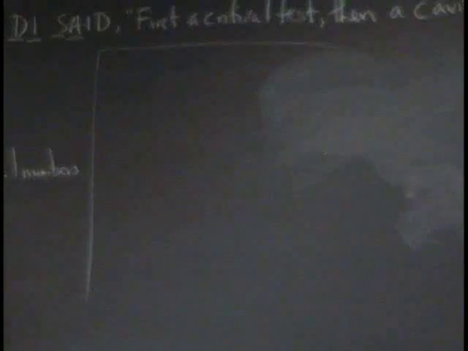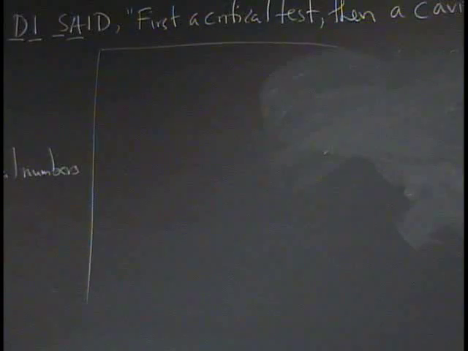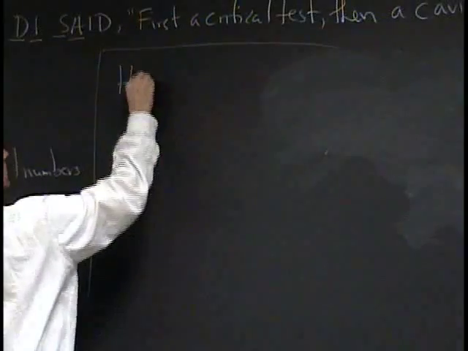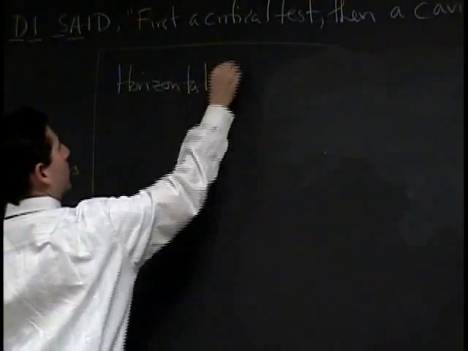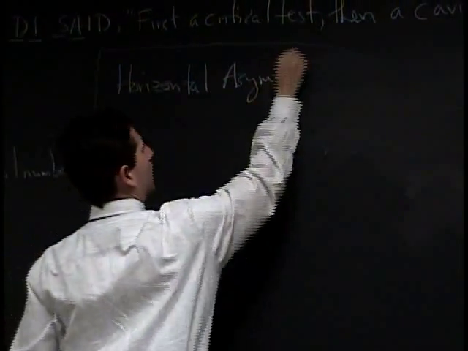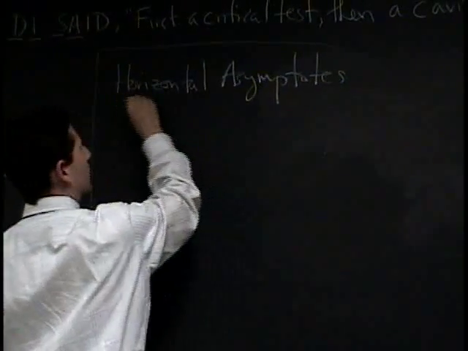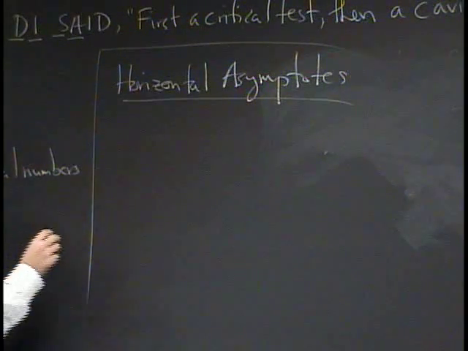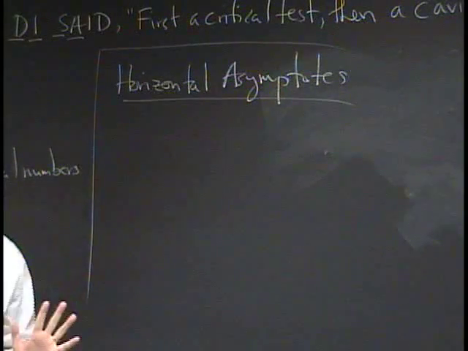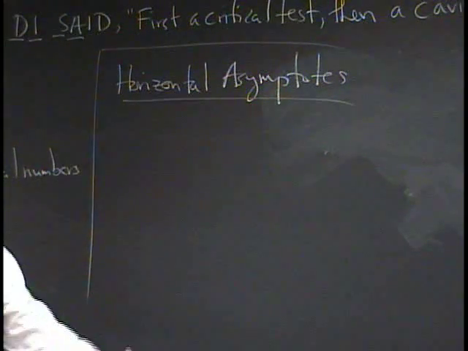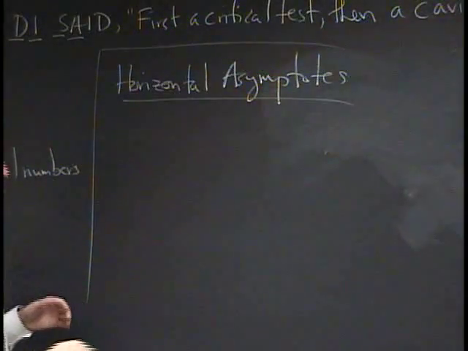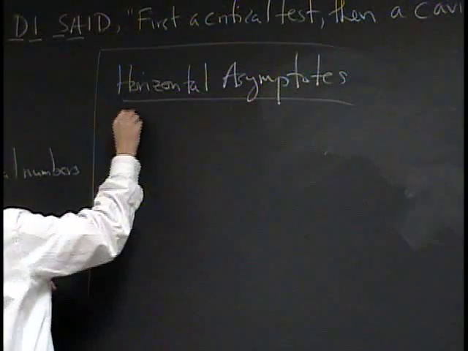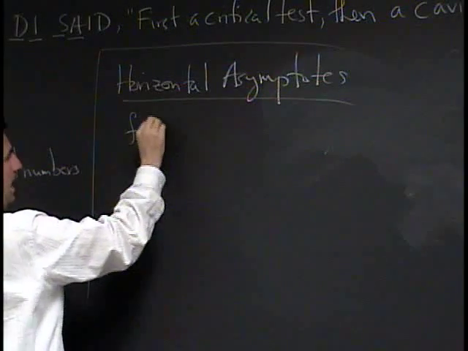Okay, so let's go back to asymptotes. Remember, there were actually going to be a couple different kinds of asymptotes. And the first one is horizontal asymptotes. All right, so we define two different horizontal asymptotes: a left horizontal asymptote and a right horizontal asymptote. But they're really the same thing, just one goes to minus infinity and one goes to plus infinity. So a function f